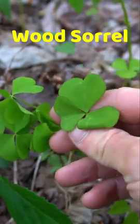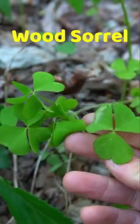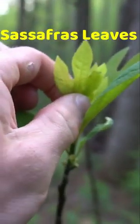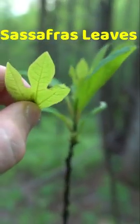Did you know there's a plant in the forest that tastes similar to a sweet tart? It's called wood sorrel, and it's full of vitamin C. It has a sweet and sour taste to it. This plant is a great trail nibble while you're hiking, or you can collect some and bring it home for a salad. I also recommend pairing it with sassafras, which tastes more like a fruit